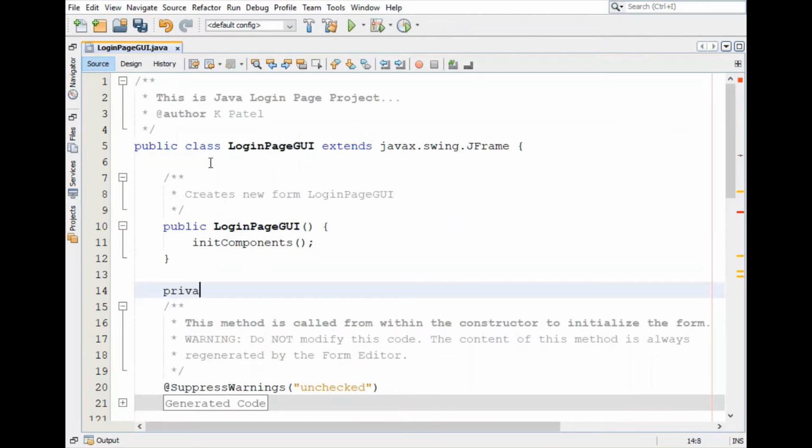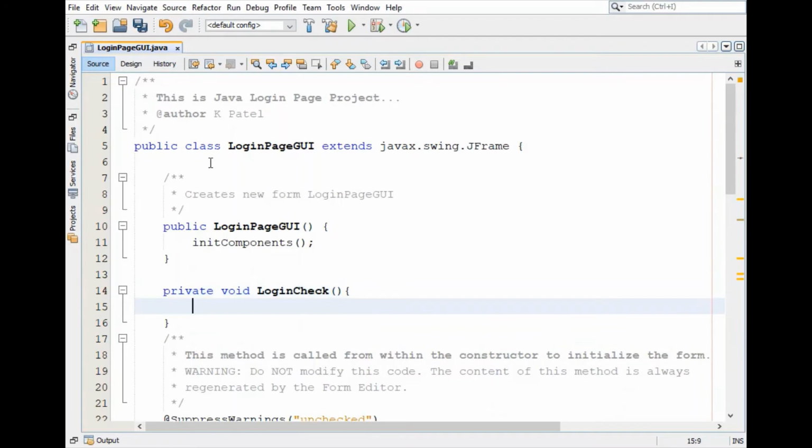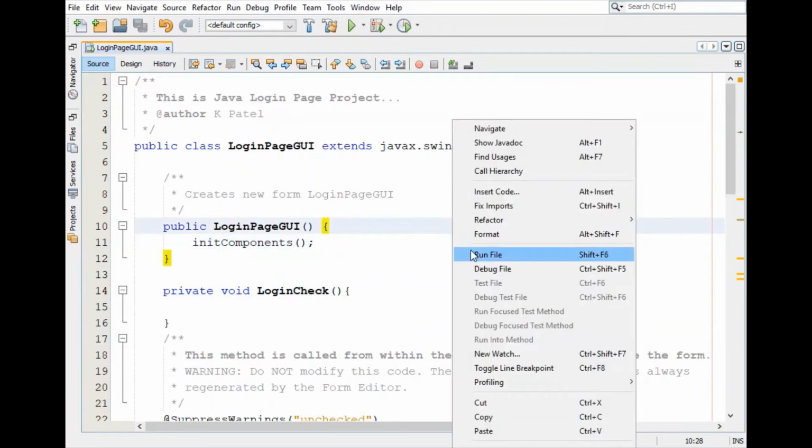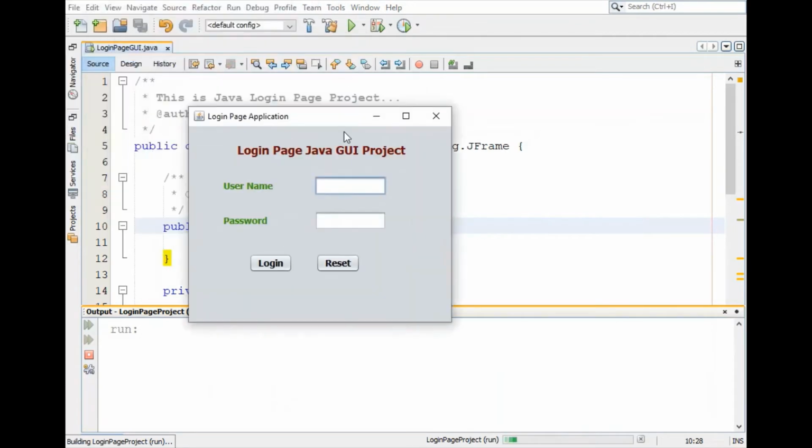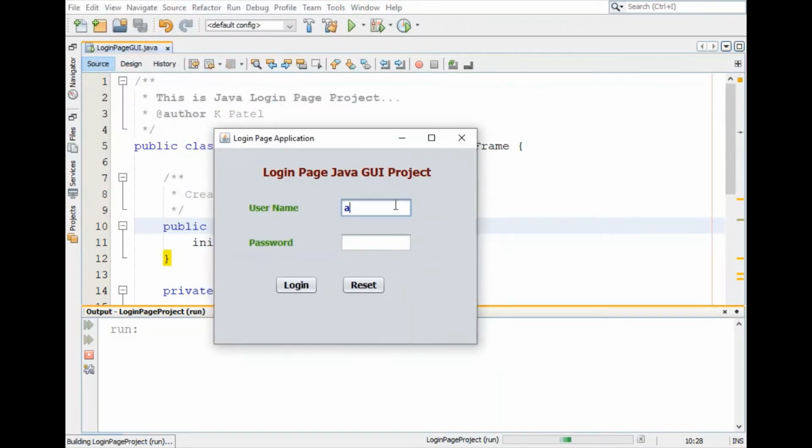Let's write a private void login check method, and in this method we will write our complete logic. When we run this, and the user enters admin as username and some password as password, we want to compare this with the data stored on the computer.